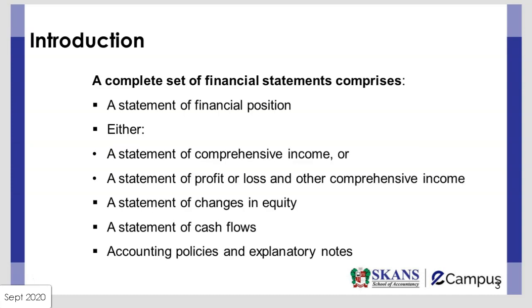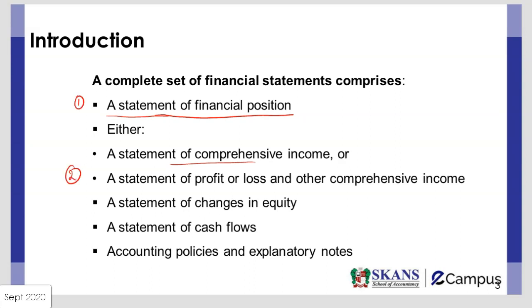A complete set of financial statements first of all comprises 5 different statements. Number 1 is your statement of financial position, which is made as at a certain date. Then we have the statement of profit or loss and other comprehensive income. Previously, it was also called statement of comprehensive income. In certain cases like consolidation, this name is still used, but otherwise we call it P&L or statement of profit or loss and other comprehensive income. This is our number 2.